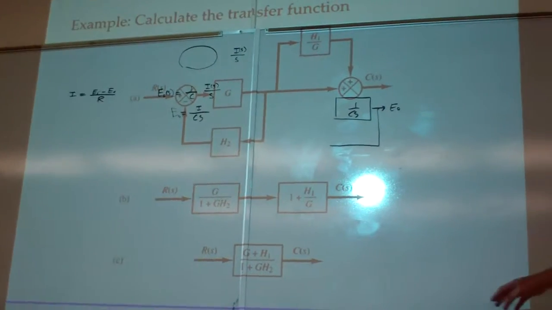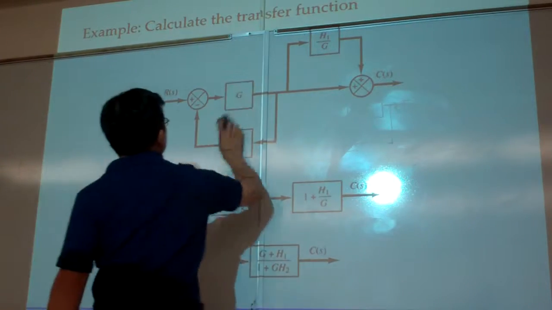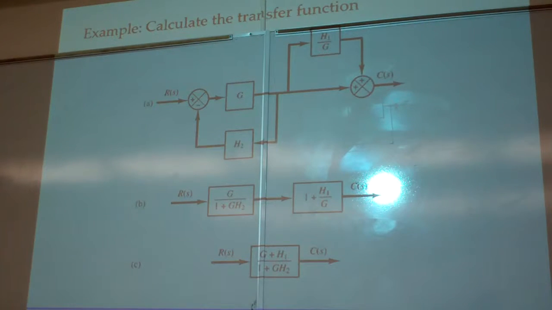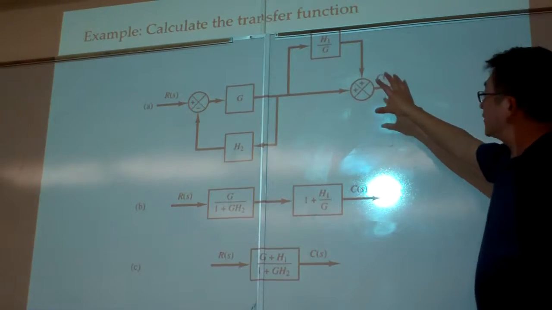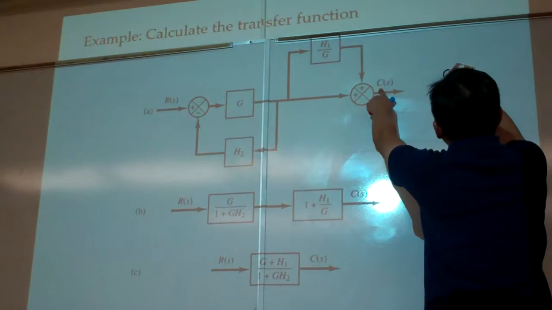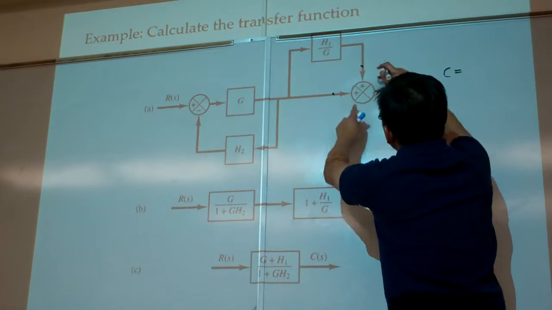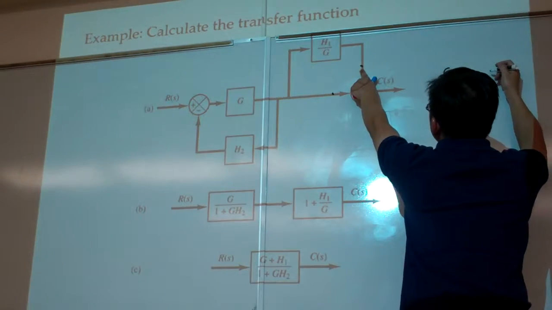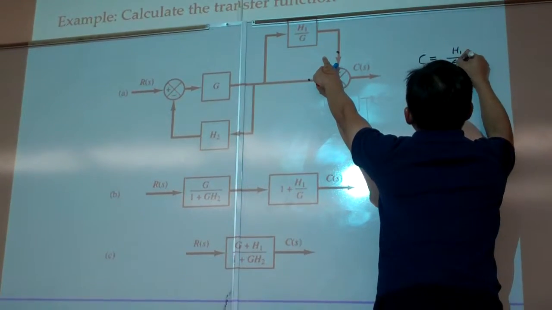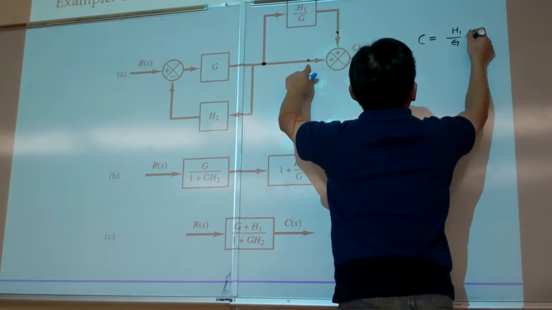The next one, here is the exercise. I think this should be very straightforward, and let me do this one more time with you. If we have an original block diagram like this, probably you can always start from the output. C will be equal to the operation of the two signals here. So this plus this one, let me do this one first. This one will be equal to, from here, H1 over G times this one, and that one basically equals to,